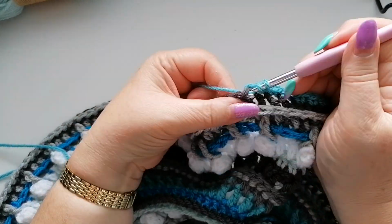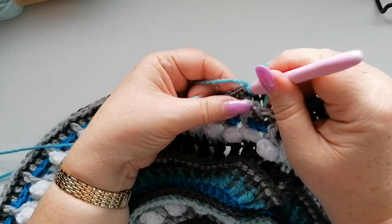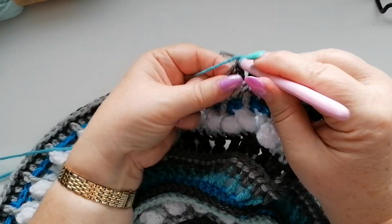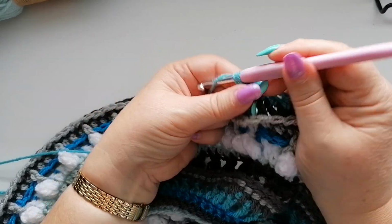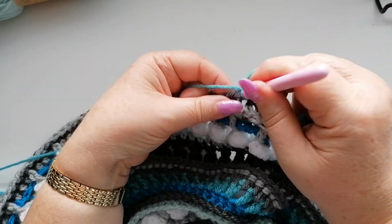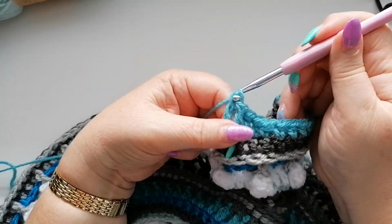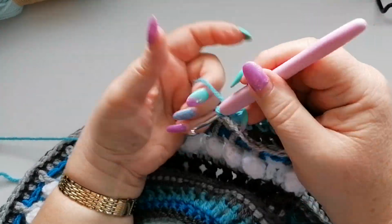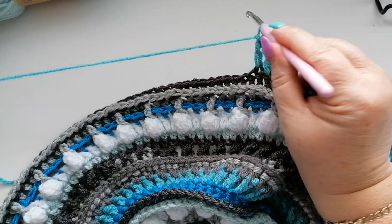We'll work 4 half doubles. 1, 2, 3 and 4. 5 doubles. 1, 2, 3, 4 and 5, and then we work 2 trebles. 1